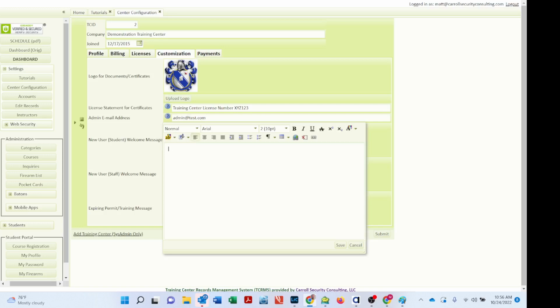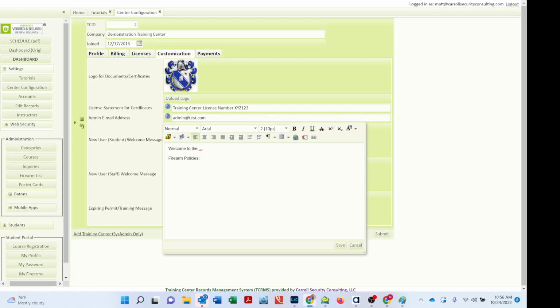So, welcome to the, whatever the name of your training center is, and any other information you want to put in here. Some people like to include firearm policies. So this might be, make sure that if you're bringing any weapons into our facility, that they come in a locked box, that they're fully unloaded. If you have an on-site range, and you restrict the types of ammunition that can be used on the range, or maybe you require that they use your ammunition, any of your policies and procedures that you want students to be aware of right out the gate, this is a good place to put that sort of information,